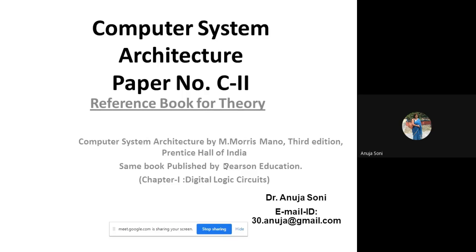The e-book is also available, but side by side you have to buy the hard copy of the book as well, because it is not always comfortable to go through the contents from the e-copy of the book. Though I have already sent you the e-copy of the book.